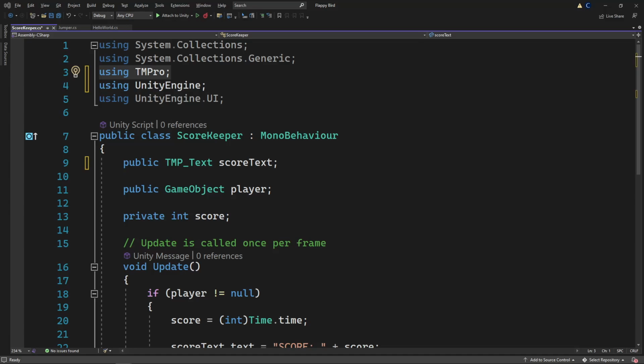So now, if you click on the text object in the hierarchy, we can start changing out these settings. So this score text, we can click on the circle now and double click on the text object. We can also drag the component straight there, or we could drag in the text game object from the hierarchy into that slot as well. Either way works. For the player, I'm going to click the circle there and find the player in this list, or I could even type it out. There, double click there. Or again, I could drag in the player from the hierarchy into this slot.